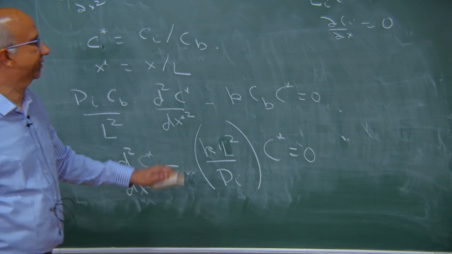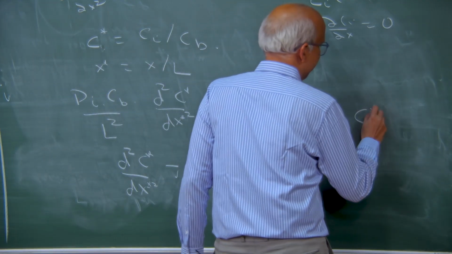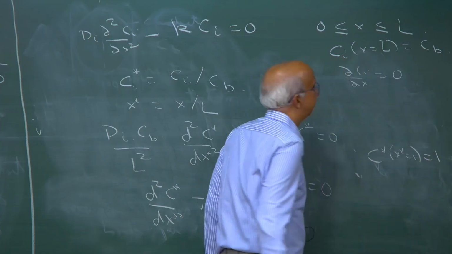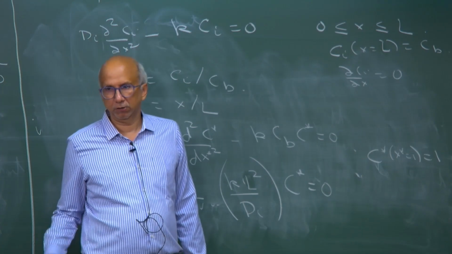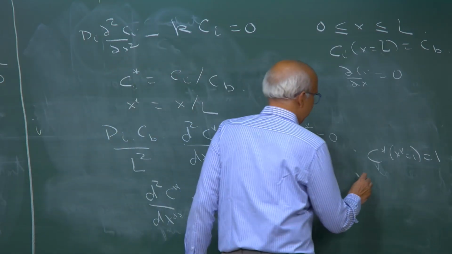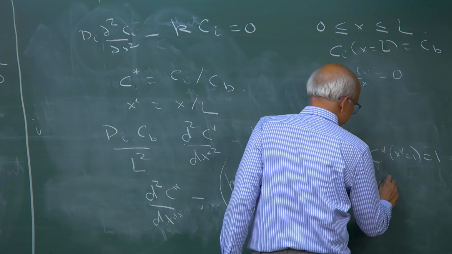And what are the boundary conditions? C star at x star equal to 1 is 1, because now x has become 1 at L, okay, and derivative of C star